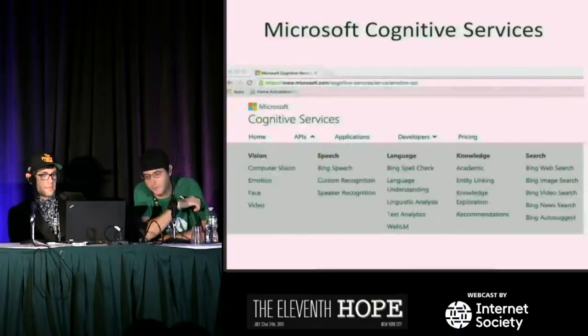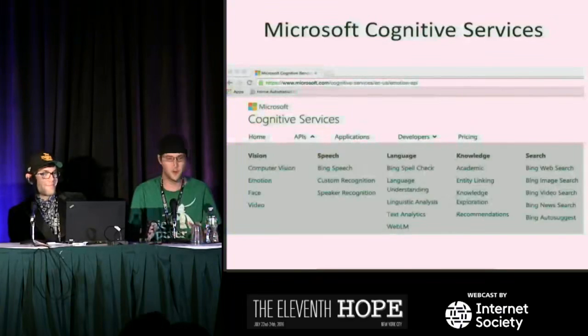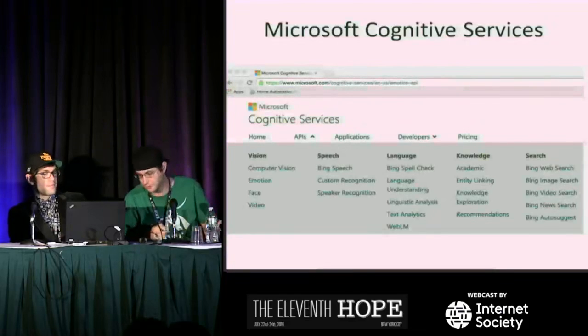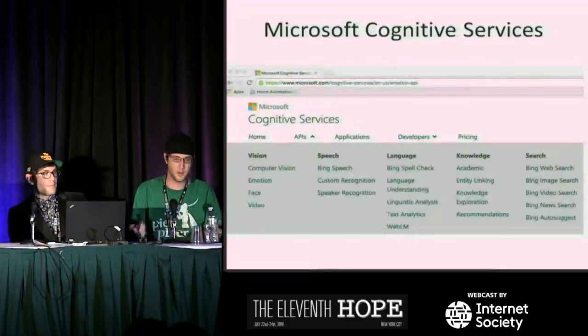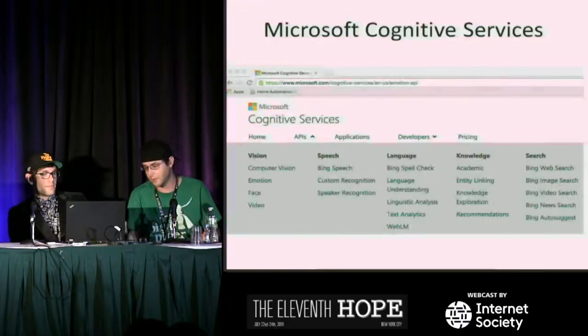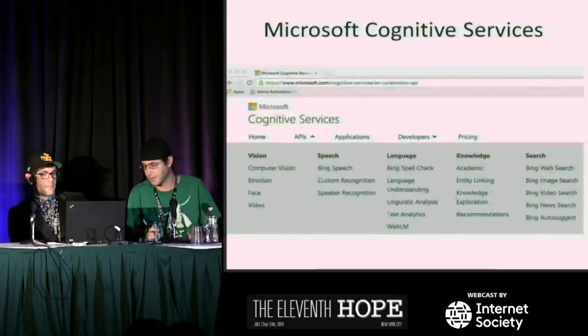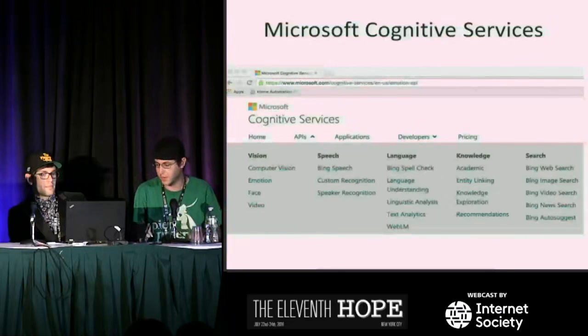All right, so Microsoft Cognitive Services, this is pretty crazy. Like, I had no idea that it was this deep. They have a ridiculous amount of computers that know a lot of human things. So computer vision, emotion, face, video. Like they can do video analysis. You can feed it a video and it'll tell you all kinds of things about it. I mean, languages. So it doesn't matter what language it's in. You can hand it all kinds of stuff. Academic knowledge, you know, Bing web search, all kinds of crazy stuff.